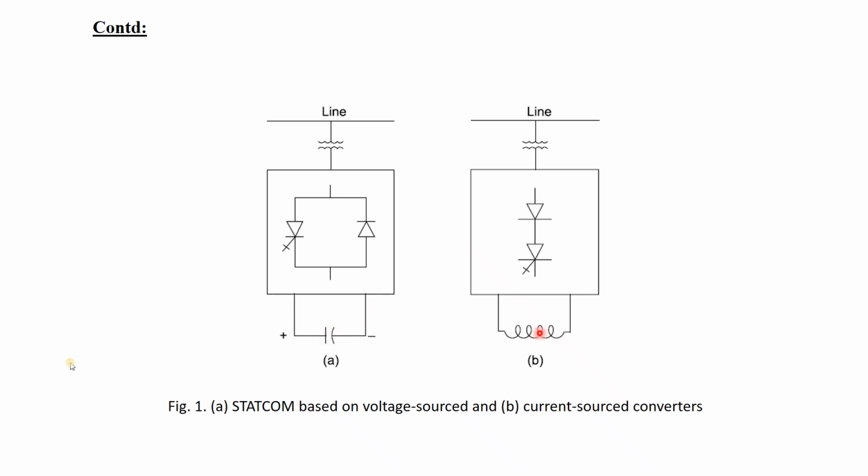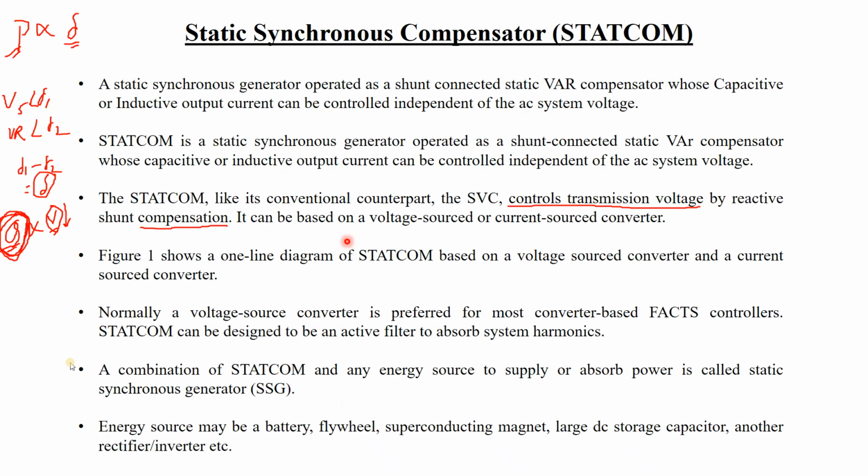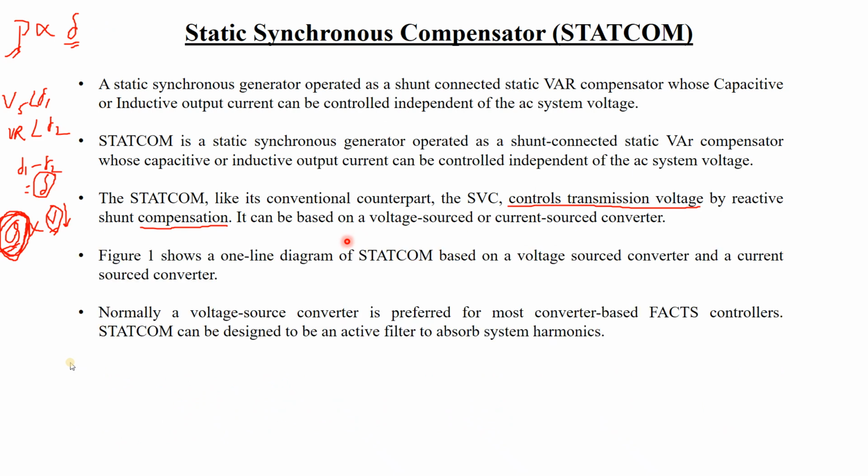Over here you can see there is a capacitor connected in shunt, and there is an inductor connected in series for the current source converter. Because it is a voltage source, it is controlling this particular capacitance, so the voltage should be parallel to the capacitor. The basic concept of voltage source and current source we already discussed before the vacation in the last lectures, so you can go through those.